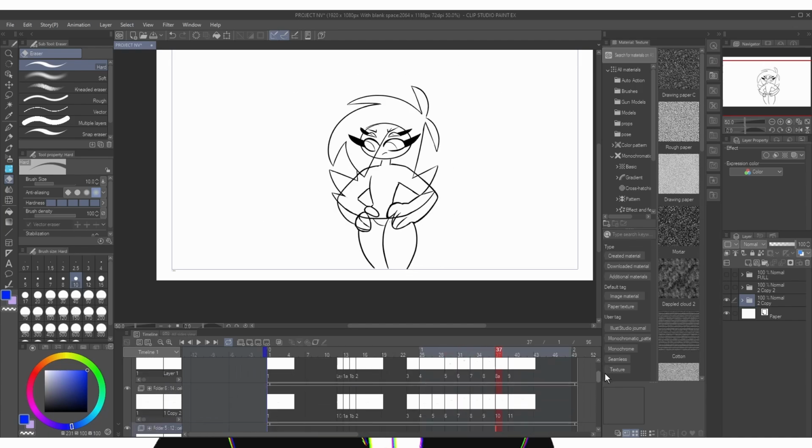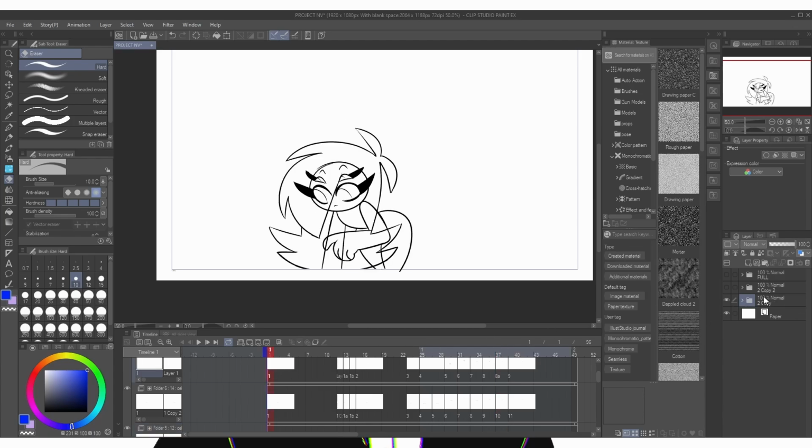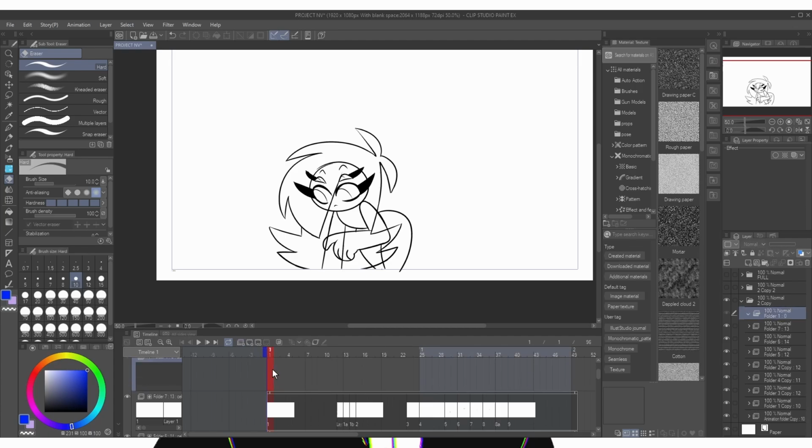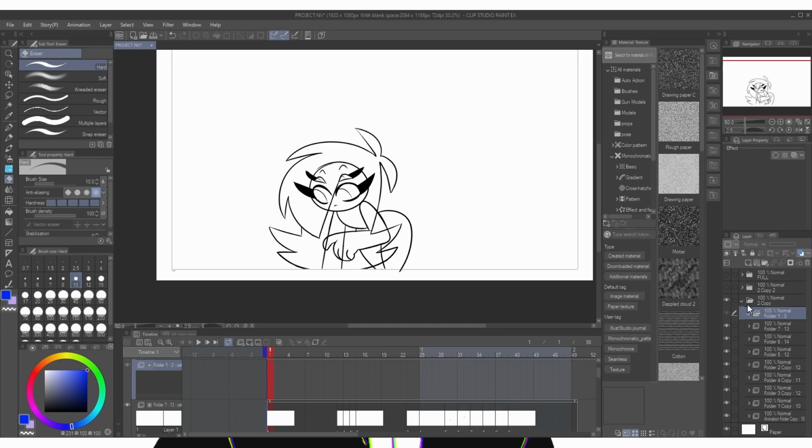So if you want to add a layer, all you've got to do, if you make an animation layer, is make sure you put it over here, you go to here, and you go to the animation folder, you click animation folder, and that will be your animation folder. That's what these are, but don't worry about these. These are groups of folders.